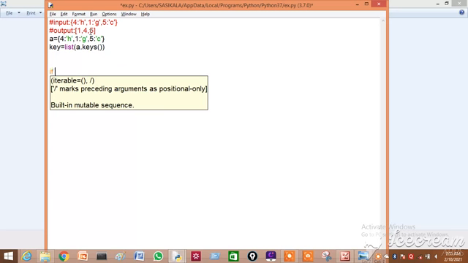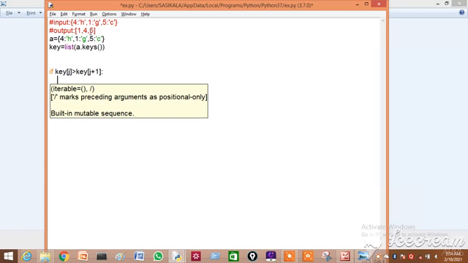I take one key, let us say J, and compare it with the adjacent element, J plus 1. If key of J is greater than key of J plus 1, and it is true, then it has to swap.